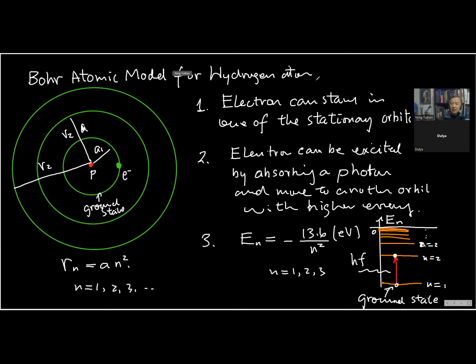So this is the absorption condition, so that is absorption and emission. The absorption and emission conditions must satisfy this condition: the photon energy must equal the change of the energy level. Can you see? So the change in the energy level. That is a summary of the Bohr model. See?